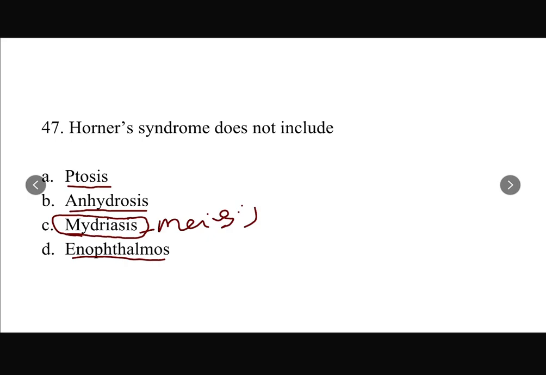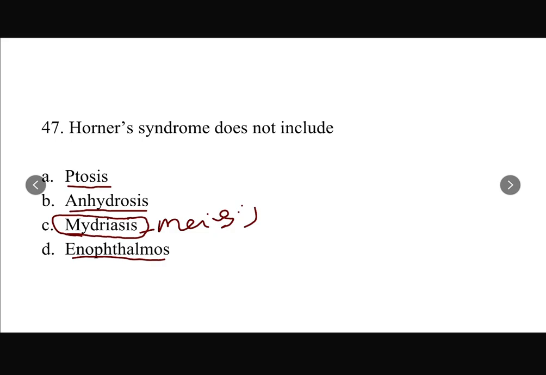Horner syndrome is nothing but an injury to the stellate ganglion. So the sympathetic ganglion is lost, and there will be anhidrosis and miosis. Mydriasis is the sympathetic activity, and enophthalmos and ptosis are because of the palpebral muscles which have